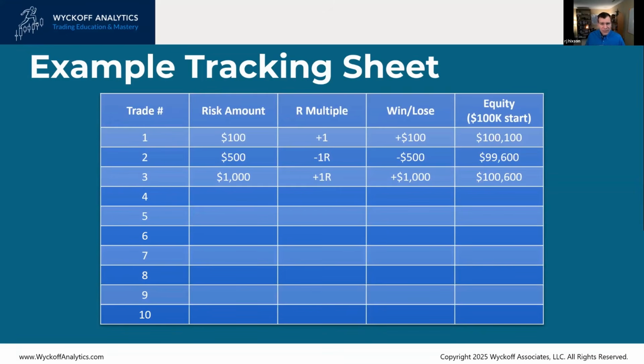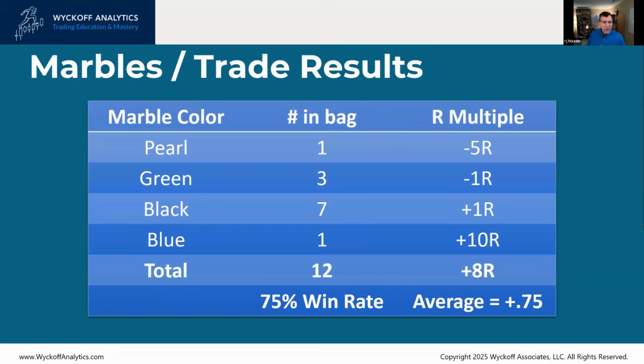Recommendation, use round numbers, tens, hundreds, or thousands. You don't have time to be doing a lot of math. This game's going to move along pretty quickly. There's going to be about 30 seconds between the trades. So you're going to be figuring out what you're going to risk, hearing the R multiple, quick math about the win or the loss, and then adjusting the equity and coming up with your next risk amount. Okay, so again, try to keep it very simple. And just so you can review before we start playing the game, if you want to take a look at these, press pause. When you're ready to play, click on the play button again.